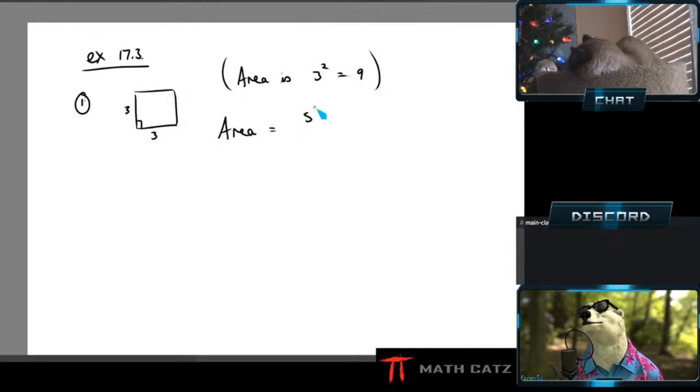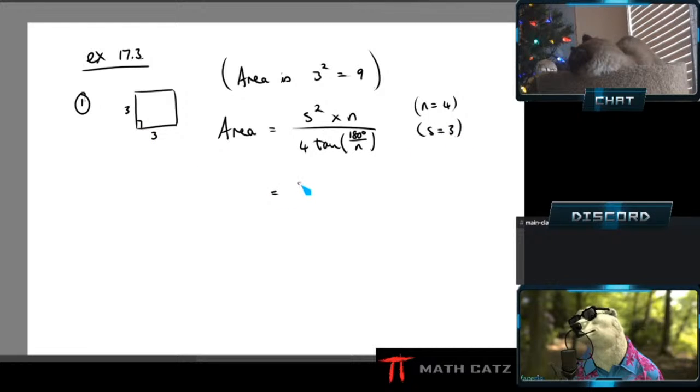So I'm going to write it like this: s squared times n, over 4 times tan of 180 degrees over n. I'm just going to copy it down. So now n is 4, side length is 3. That's what they gave me, so I can put in those specific values. So I get 3 squared times 4 over 4